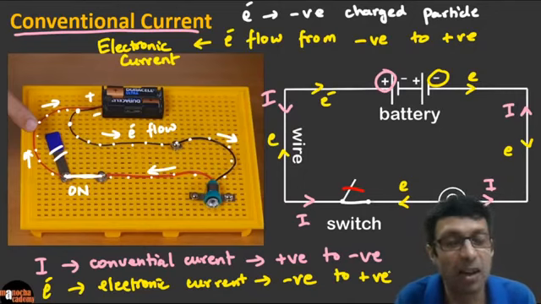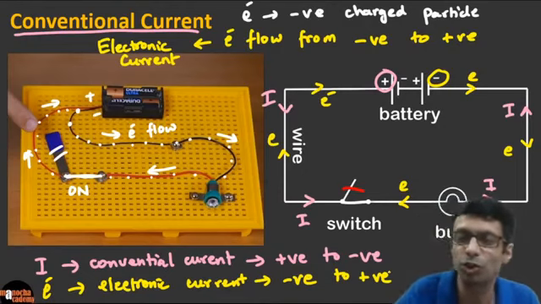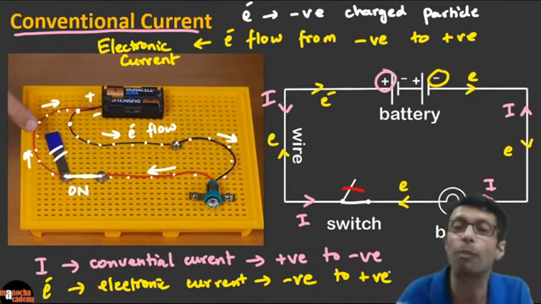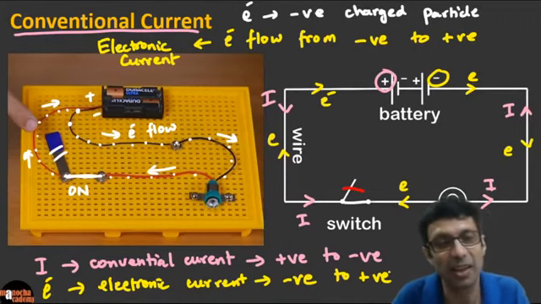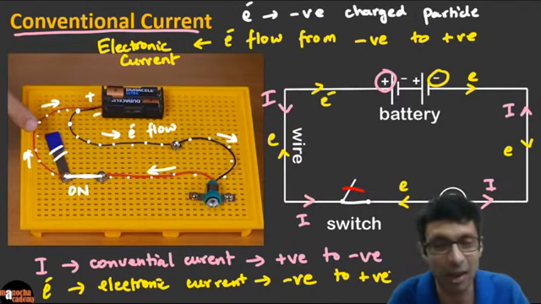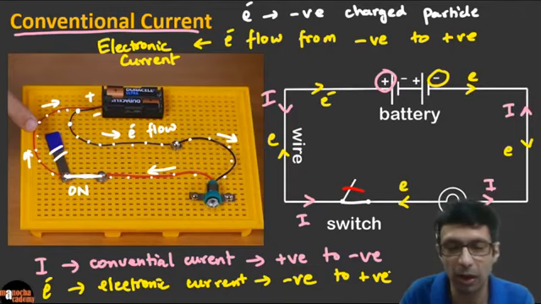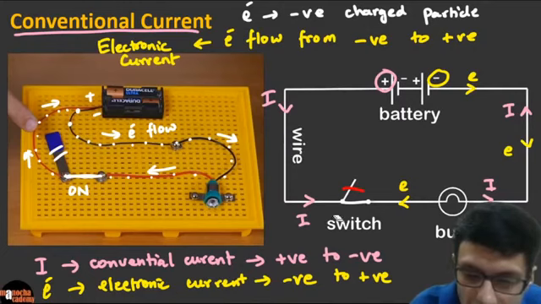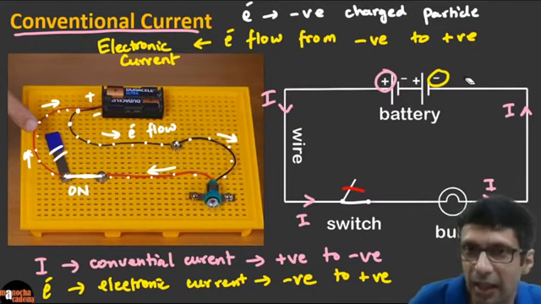Okay, so they said, that was wrong, but we are not going to change all the textbooks. We are not going to change all the scientific papers. We are going to consider that as conventional current, because it is convenient to think of electricity flowing from high potential to low potential. But the reality, guys, is that it is actually opposite, the electrons. But don't get confused whenever you have to mark. I'm going to erase the electron direction in that circuit, because whenever we mark it, guys, unless really asked, we mark the conventional direction. So guys, you can see I've erased the electrons.